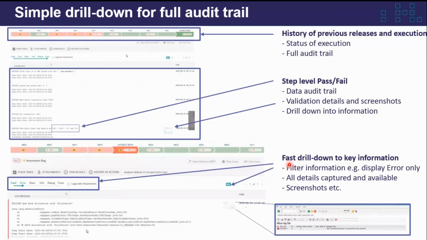Once we drill in, again, I want to be able to see a couple of things. I want to be able to see historically, has this test been passing and suddenly we've got a failure? Have we historically had particular issues? And I want to be able to drill in very simply just to see what's happened, what steps have gone on, what data set has been used, and really get into a point where I can look at screenshots.